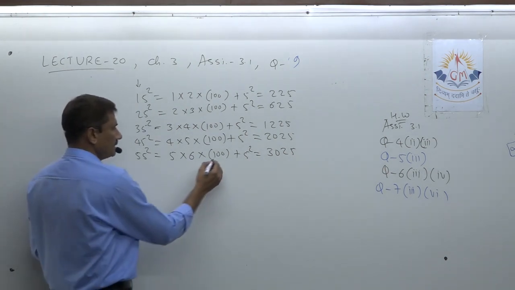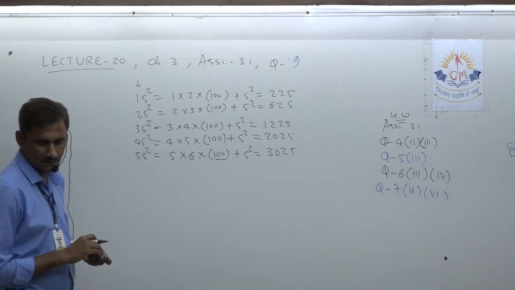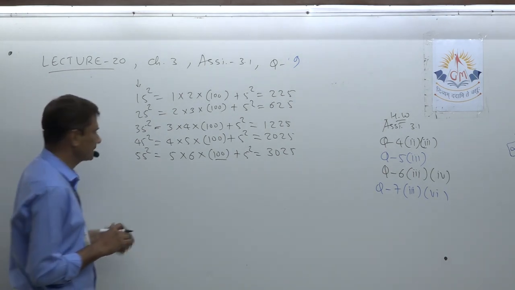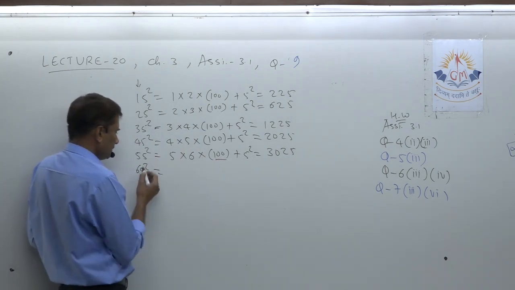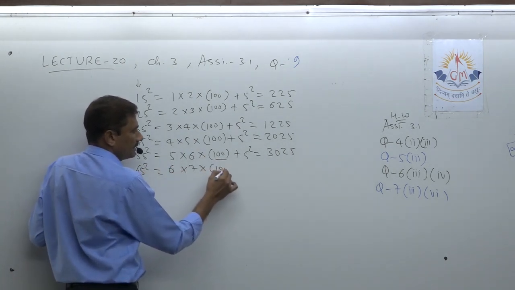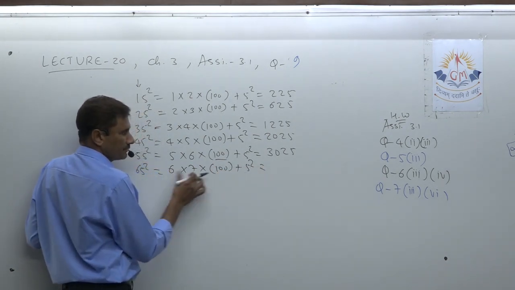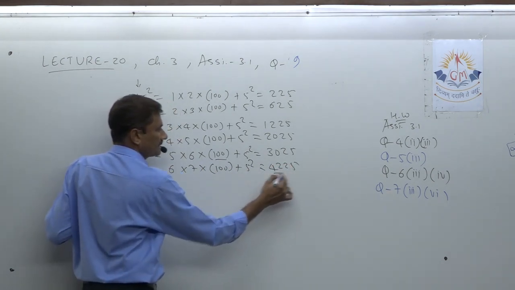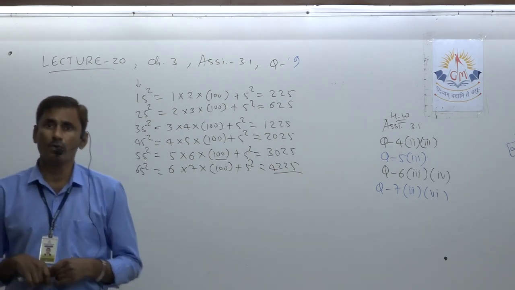So they ask actually here what number should be there, 100 is there. Okay, now next, 65. We can write the whole step, not half only. So first of all 6, then the next number, then into 100 plus 5 square is equal to how much? 6 sevens are 42, so 4225. So that is our answer. Okay, so that way you can go ahead.